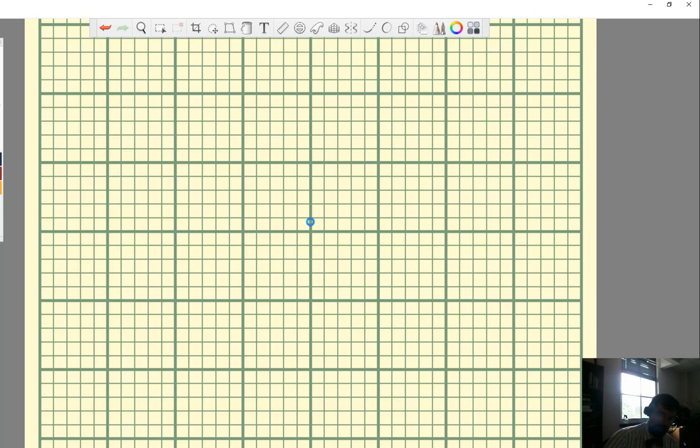Same scale as before. This time maybe we'll have two vectors. We'll say vector A could be, say, 5 i hat plus 7 j hat, and maybe vector B is 4 i hat minus 2 j hat. Okay, so again, we'll put our origin down here. If I'm going to draw the two vectors individually,